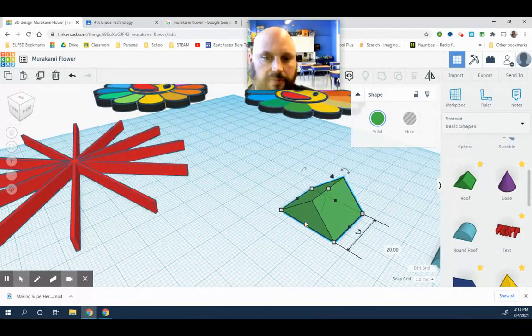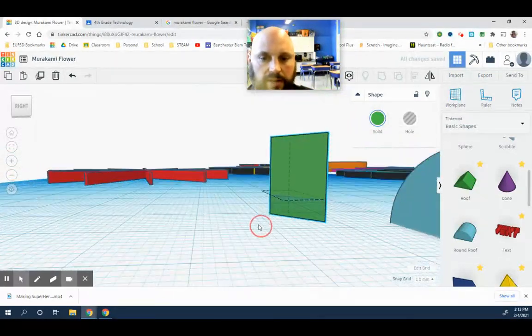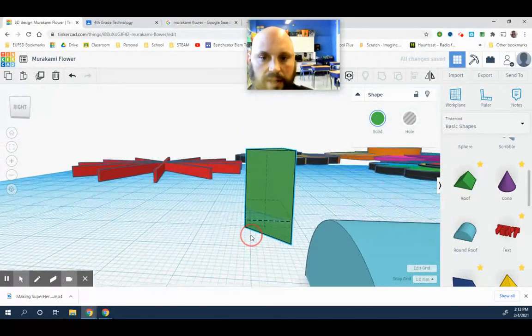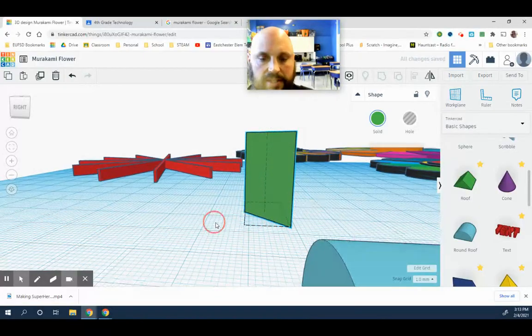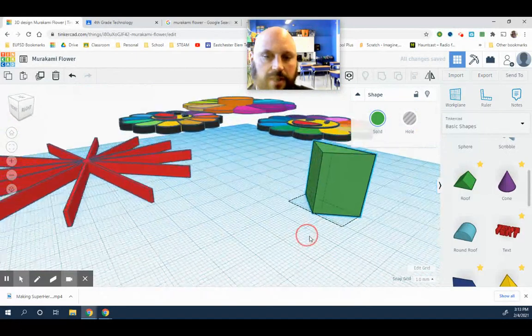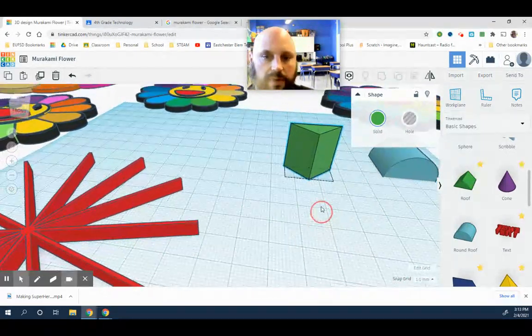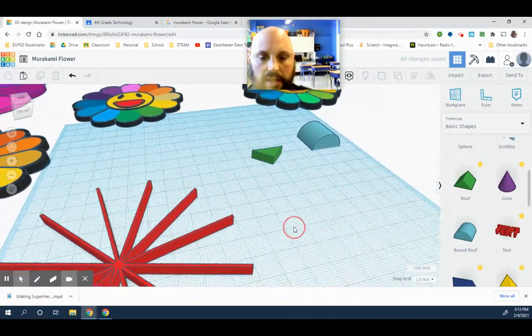We need this to come forward. So you grab here and you rotate 90 degrees so that the peak goes that way. Okay, now you're also going to notice that it's stuck under the ground now. So you're going to want to grab that triangle and raise it up back to 0 so it's now sitting on the work plane. So that's all we've done, is we've rotated it that way. And then what I'm going to do is lower the height to 5. Okay, and this is going to be the basis of our